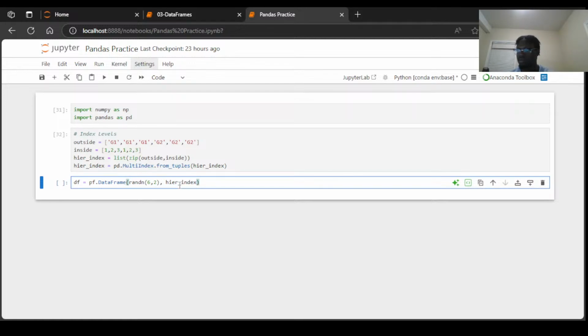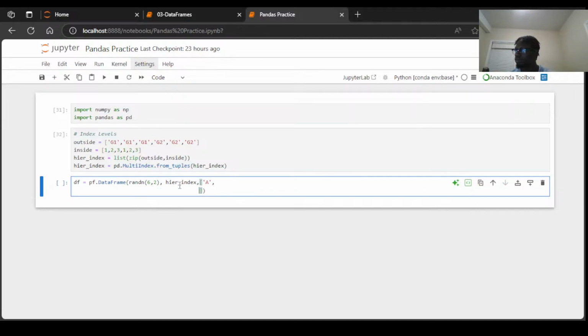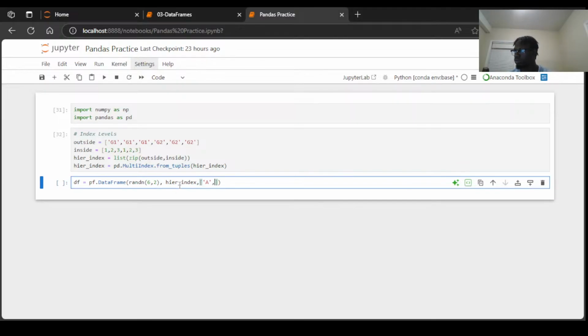Alright, and you can feel free to copy and paste all this code from the notebook, because it's not that important. This is just for actually constructing a multi-index level data frame. And let me show you what I mean by that. Here, if I actually show the data frame, I can see that it has 2 levels of an index. It has this G1 and G2 level,